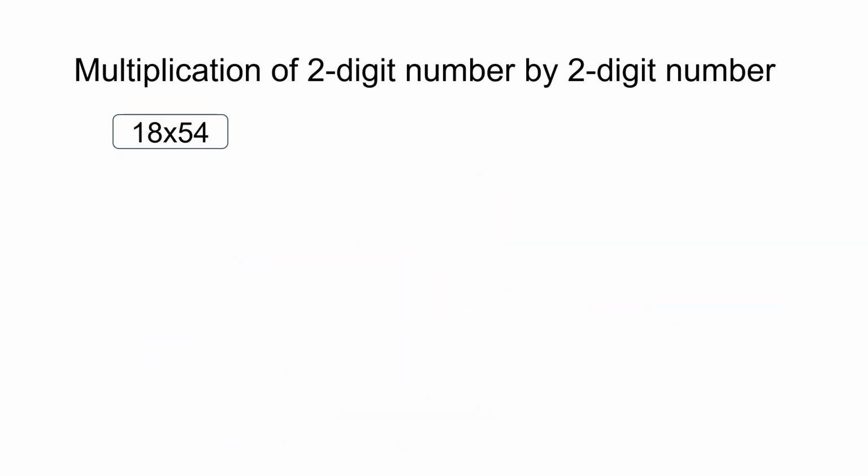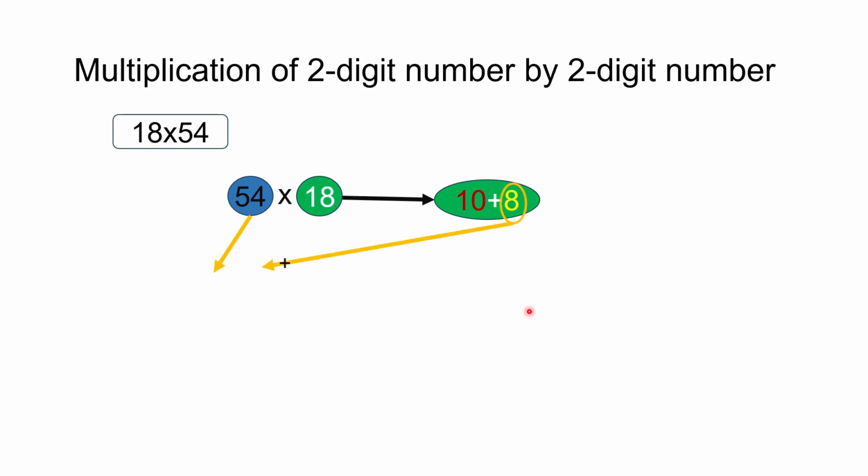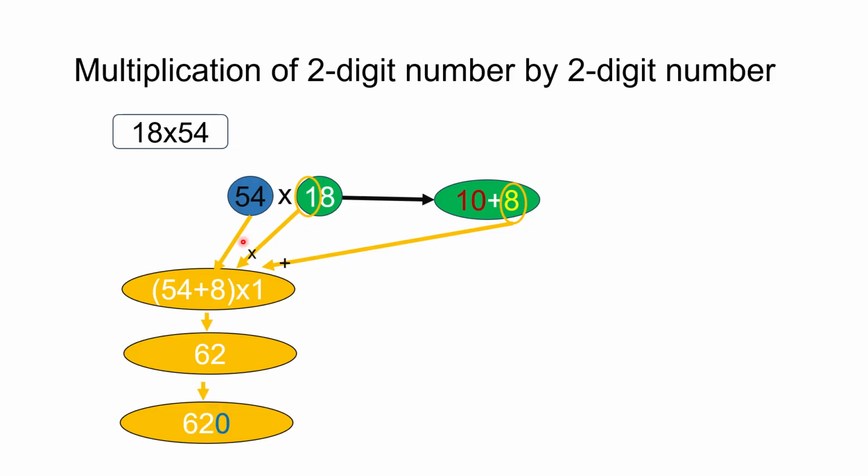Let us consider another example. In this case, we are going to find the product of 18 multiplied by 54. The first step is arranging the numbers in descending order. So we write 54 first and 18 as the second number. The next step is we expand this 18 into 10 plus 8, and then we add this 8 to 54 and multiply it by 1, and then we add 0 at the end of the product, so we get